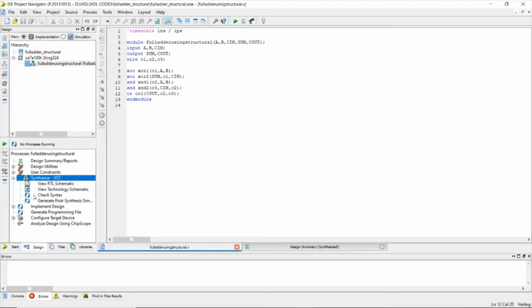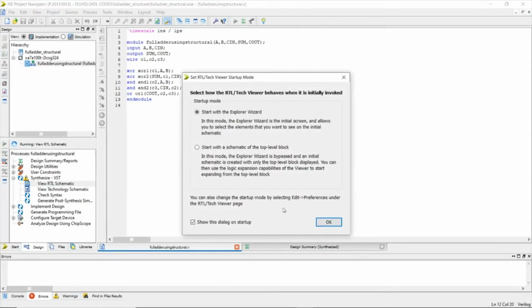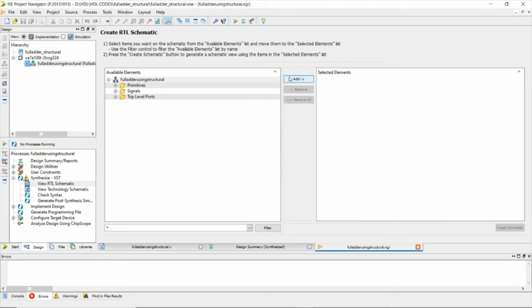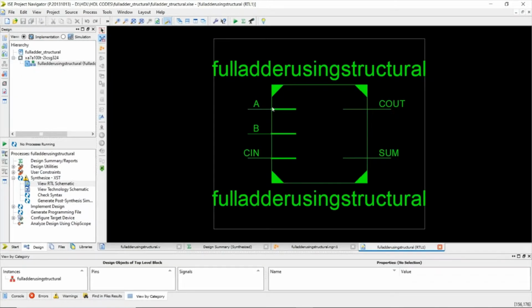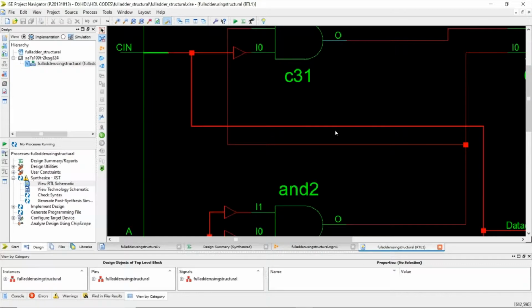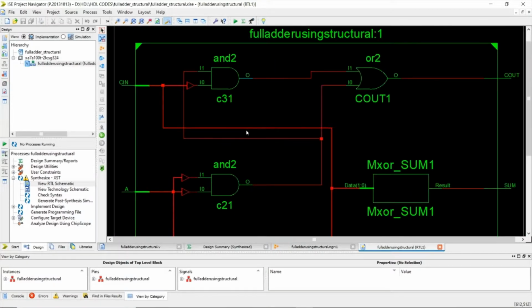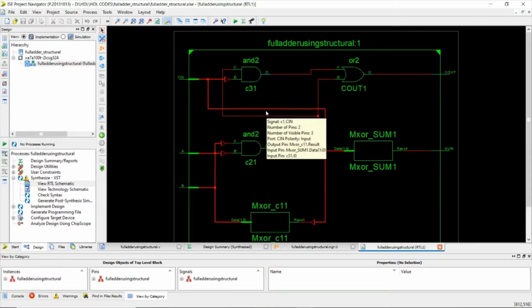So let's check the RTL schematic. Create schematic. Now this is the full adder. This is the module. If you want to see the inner parts, this is the internal circuit which has been generated from what we wrote.